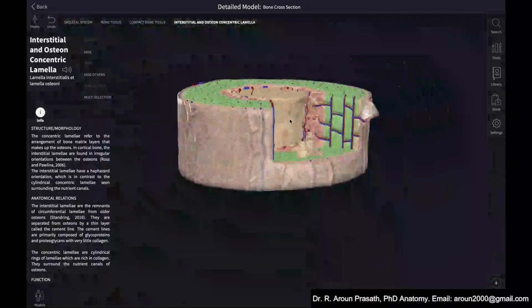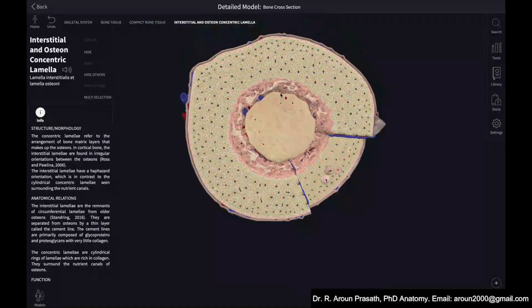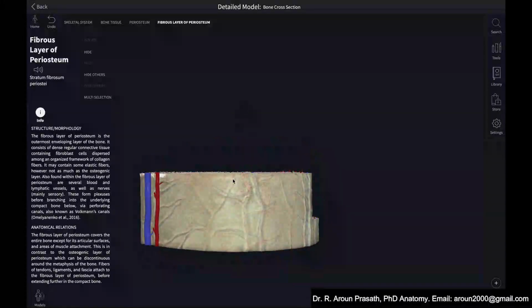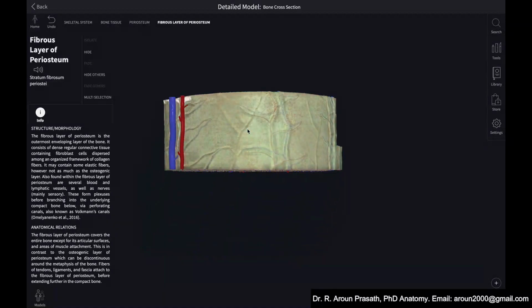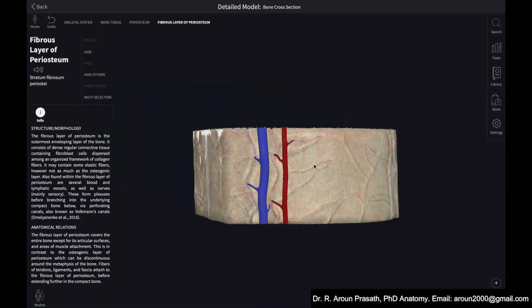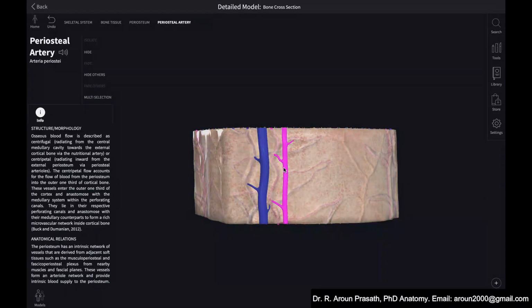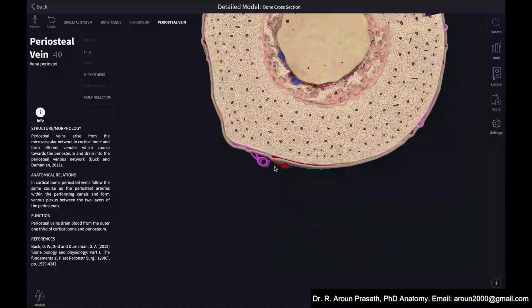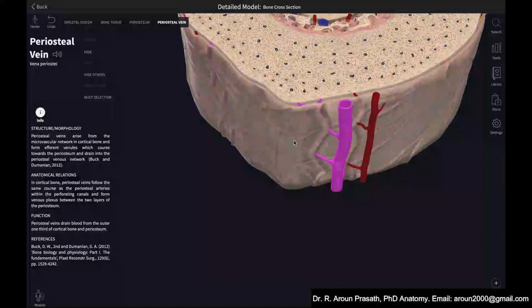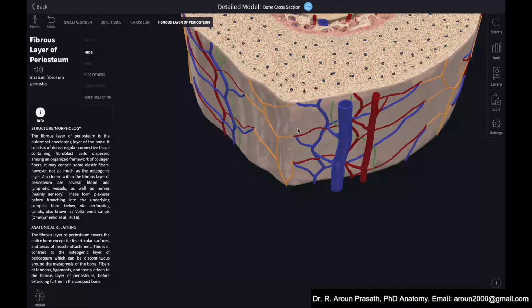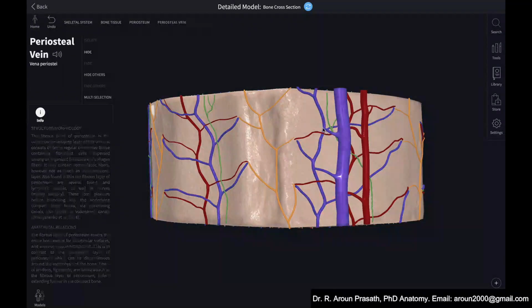So what you see here is, I have made a cross section. This fiber is the periosteum, the outermost layer. On the periosteum, you have the blood vessels, that is the periosteal arteries and the periosteal vein. They are running on the periosteum, and these branches are entering into the periosteal membrane. Now I will remove this periosteum, and you can see this is how the branches are spreading